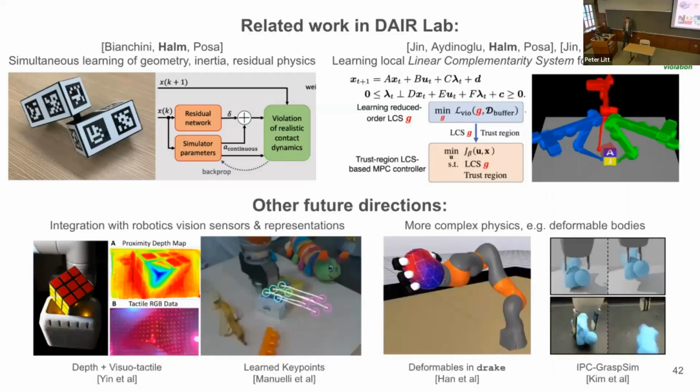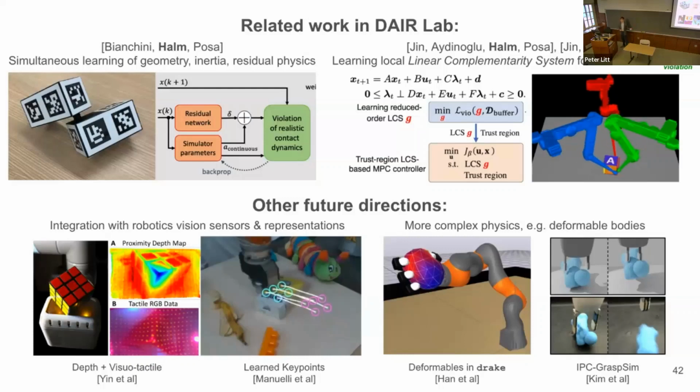And then outside of the lab, there's a number of other things happening in the robotics community that we think could be synergistic with some of the algorithms we developed here. Namely, access to cameras, and particularly depth cameras, which can give you point cloud estimates of the world, is a really strong set of information for recovering object geometries. They do have their limitations, particularly when it comes to occluded vision, and we think this is a good opportunity to do some form of sensor fusion or combine these methods with the ones that we've presented here.